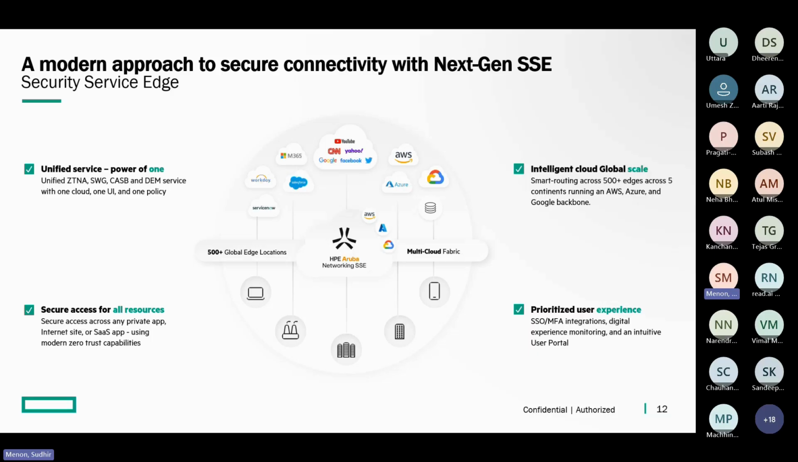And not to mention, while we do that, we are also an open and integratable platform where our SSE can integrate with any of your existing security ecosystems like your XDRs or your SIEM, whatever is there in your environment. Security is one place where integration is very necessary to improve the security posture of your organization, or to have a seamless threat remediation